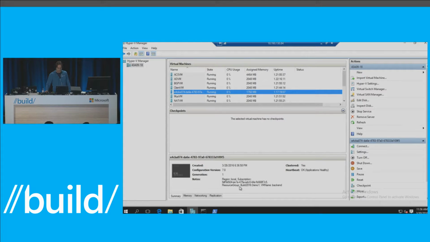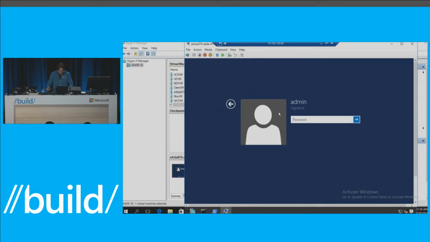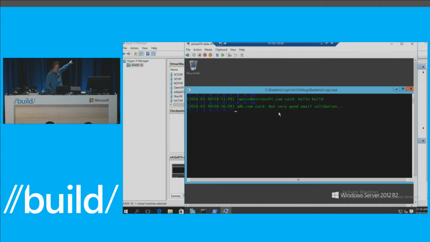Well, I got these notes, right? It says it's resource group Build 2016. If you don't see it, I don't think I can make it bigger because it's an RDP session. And then it says VM backend. So we have this note that says this VM belongs to that tenant, just so that you know on the backend infrastructure. So all I'm going to do is try to connect to this VM and show you a couple of things in there. Oh, there you go. a@b.com. Thank you. So you got some live interaction.